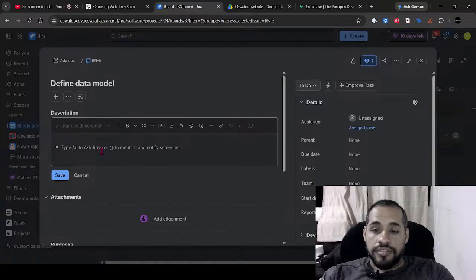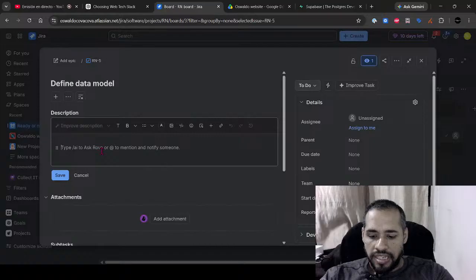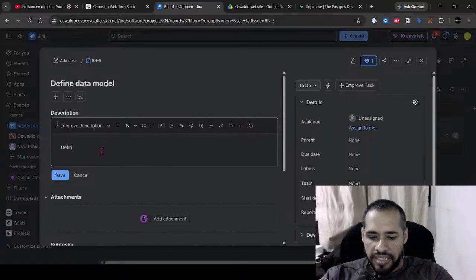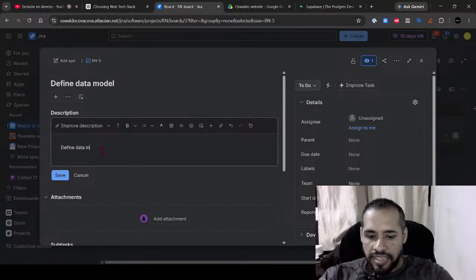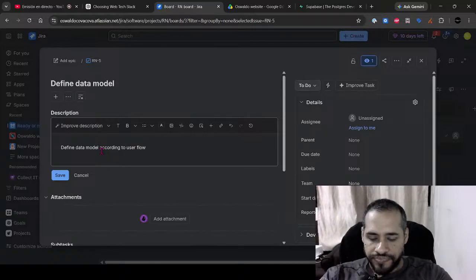This time I'm going to add a brief description called define data model according to user flow.